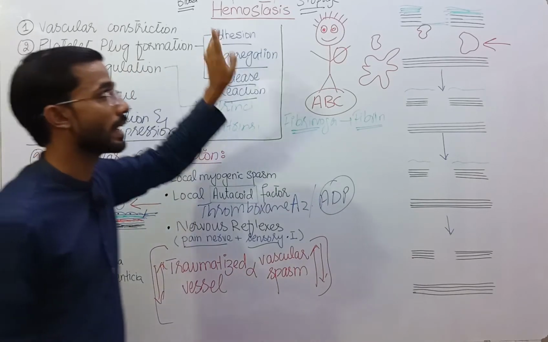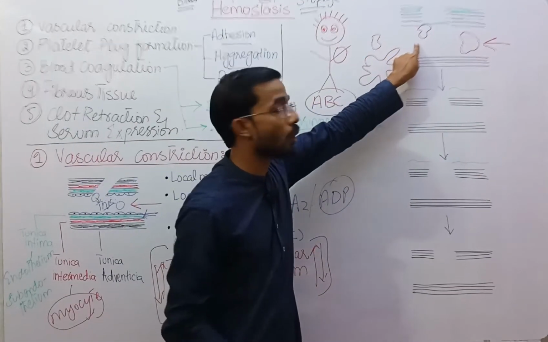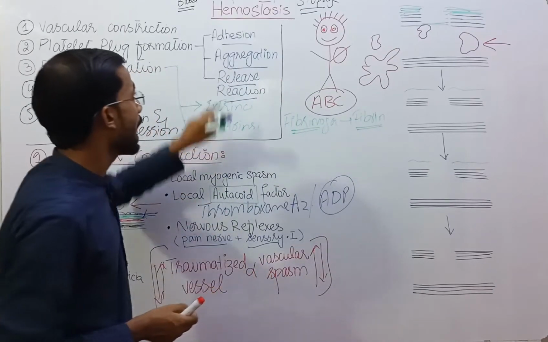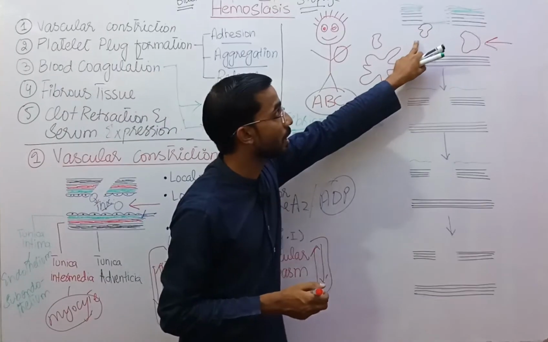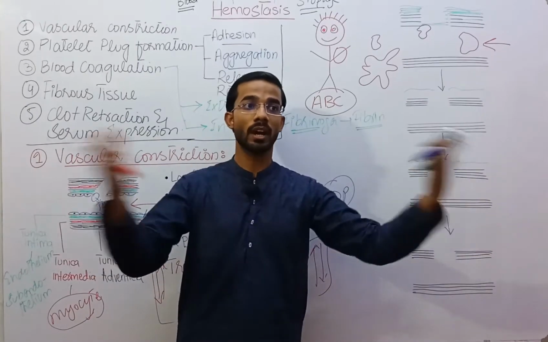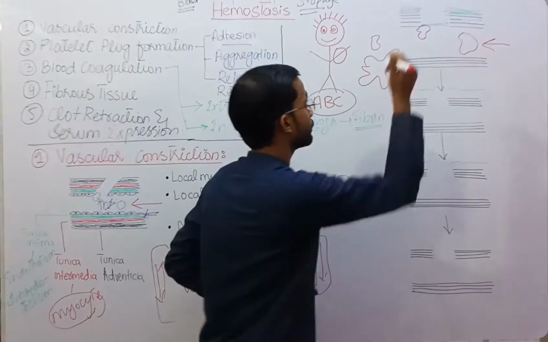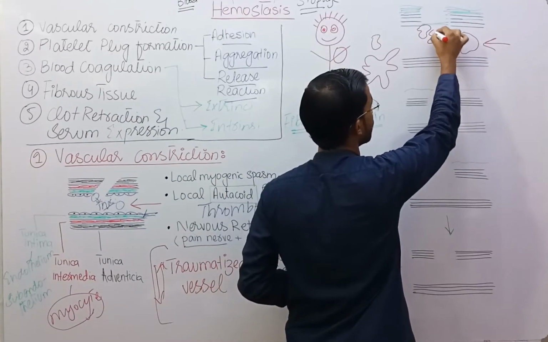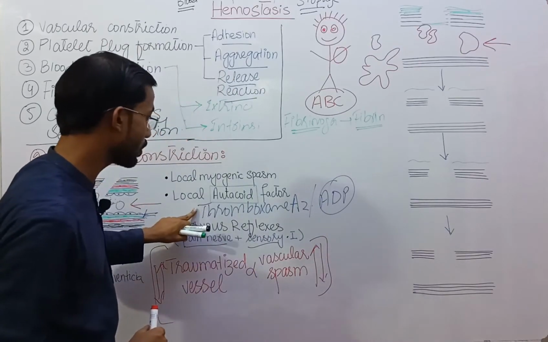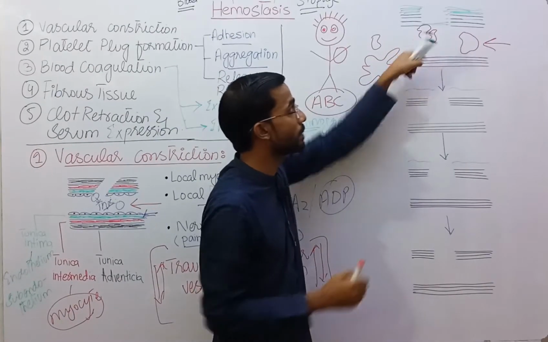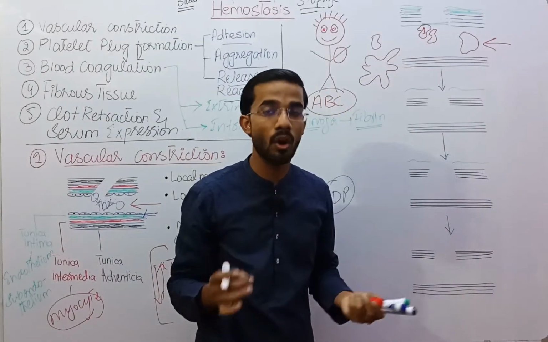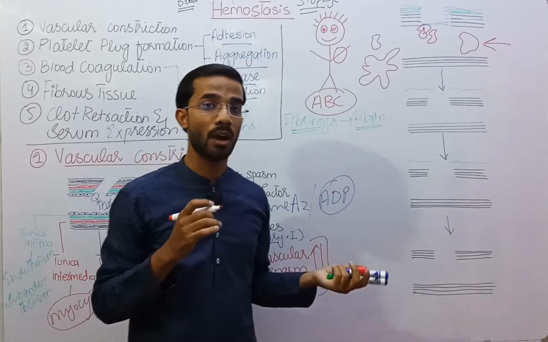the first process is adhesion. Adhesion means the attachment of the platelets to the endothelium, right? And aggregation means this first platelet which is attached to the endothelium further attracts other platelets to itself. How? Because of thromboxane. This first platelet releases thromboxane or ADP,